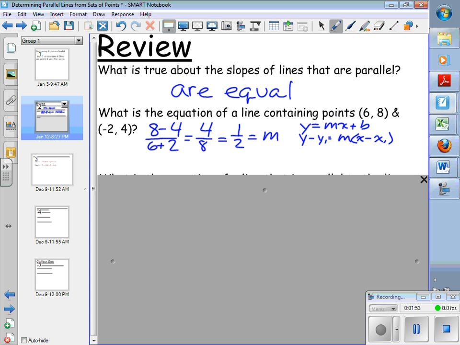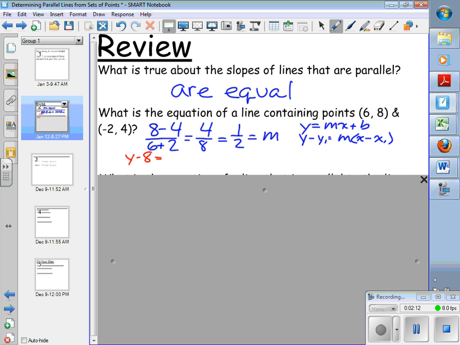I'm going to switch colors so we can follow. So we use the point (6, 8). So we get y minus 8,